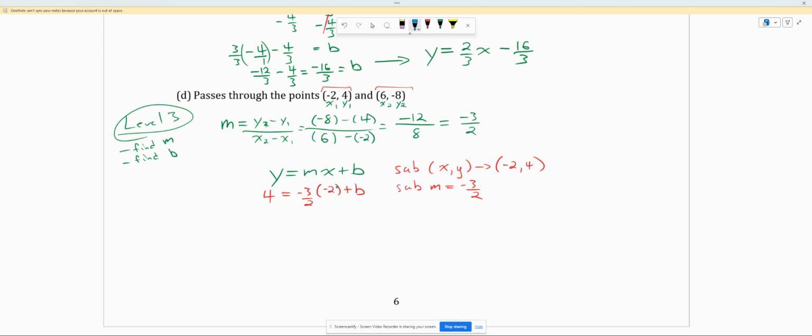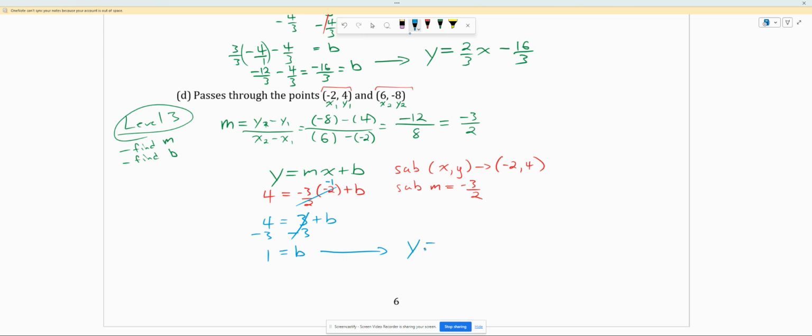Nicely, the 2 divides with the 2, leaving me with just negative 1. Okay, so just negative 1 left over here. So then we'll have 4 is equal to negative 3 times negative 1 is positive 3. Let's subtract the 3 on both sides, and we see that b is equal to 1. Therefore, we can finally write our answer